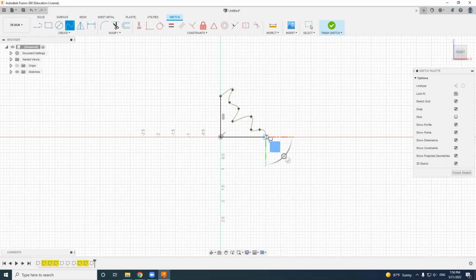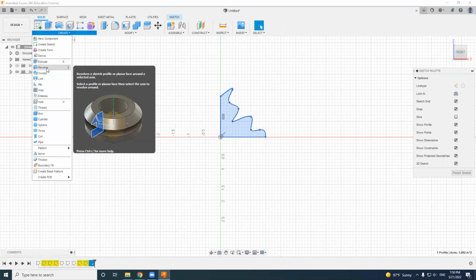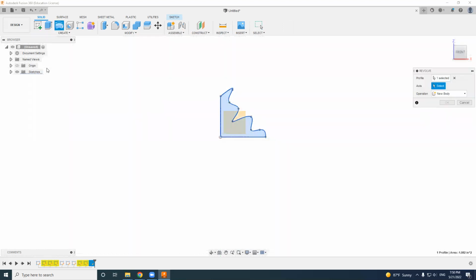and then to this point. And then I hit enter. Now you create a certain profile. And what I'll do is I want to do a revolve, and we just come to solid, create. There's a revolve, and hit here. And now first you choose a profile. It's already selected. Next it will ask you to choose the axis, which means which axis you want to revolve,